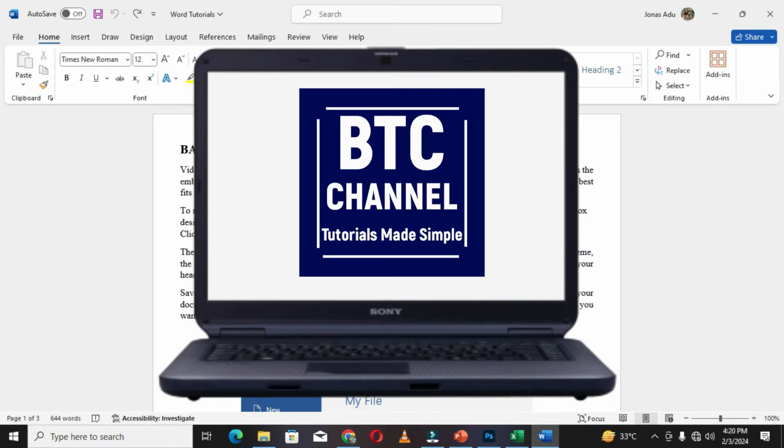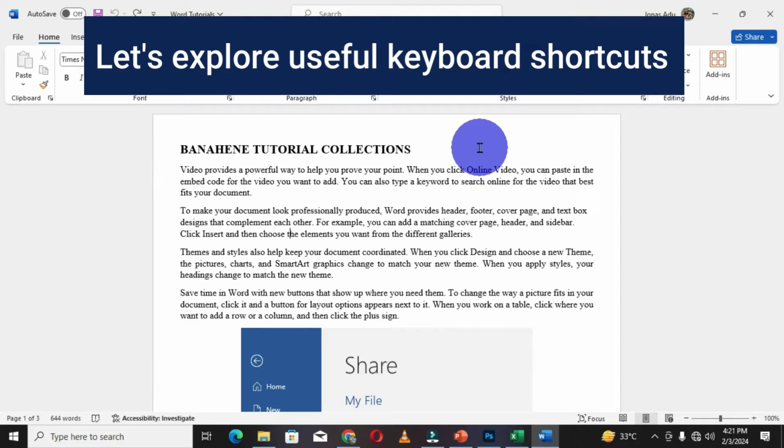Banahene Tutorial Collections welcomes you to this special video, and we are going to explore some useful keyboard shortcuts that can enhance and also improve our productivity when working within this special software, which is Microsoft Word. So let's get right in and identify the most useful keyboard shortcuts we can explore when it comes to document